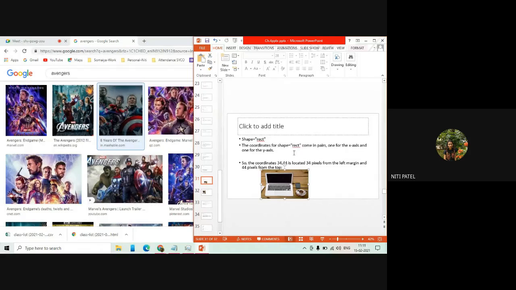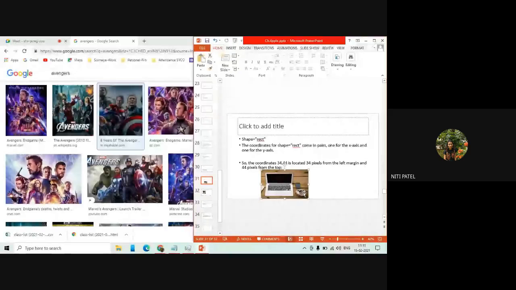Okay. So if it is a rectangle, you have to mention the x-axis and y-axis. If it is a circle, you have to mention some radius or some diameter. So whatever values you write, those values will be in the form of pixels. Why? Because you want to display it on a computer and the computer understands only pixels. It does not understand other units like centimeter or meter, it understands only pixels.